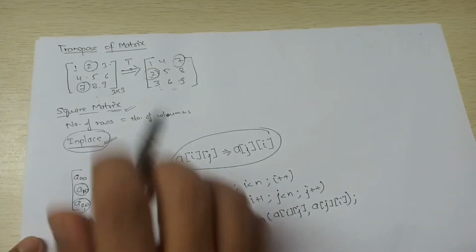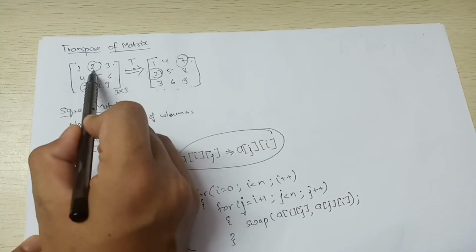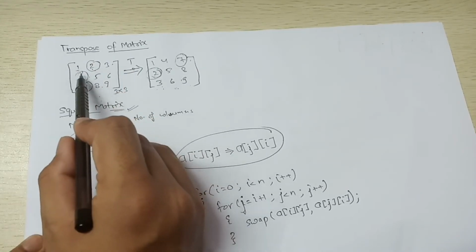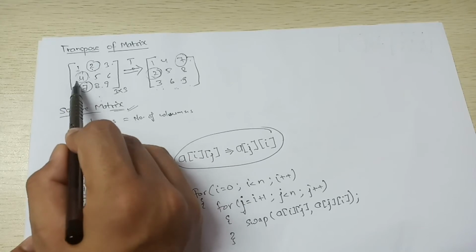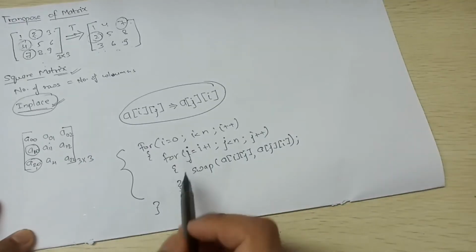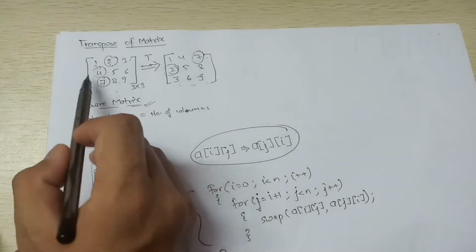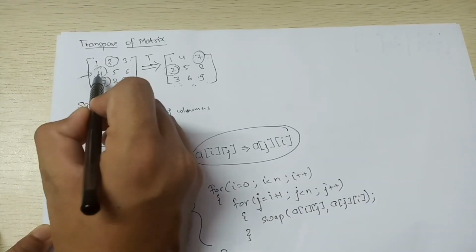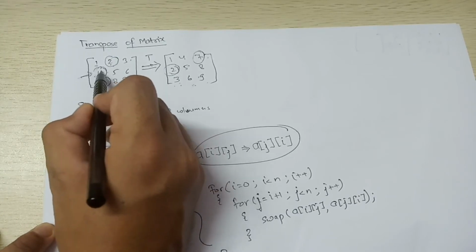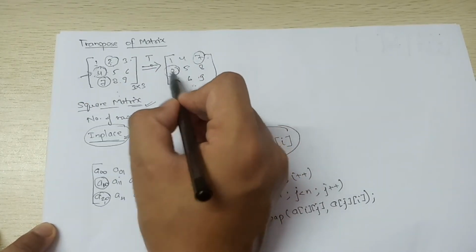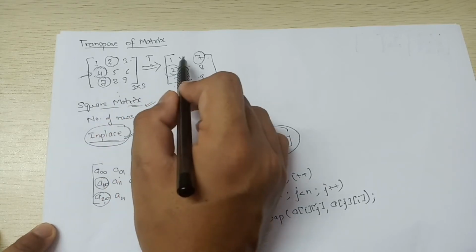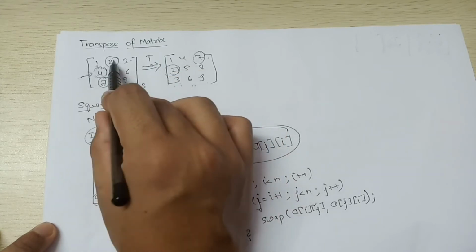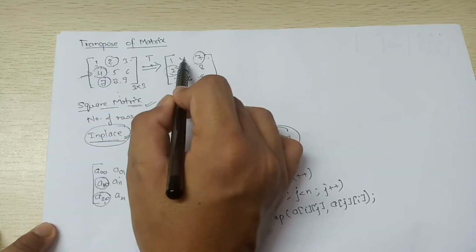So the thing is, this element swaps with this element. Now if the control comes back to this element, suppose if j starts with 0 only, then at some point of time the control will come to this element also. And because we have already swapped it, we do not want to swap it again. Once we swap 2 with 4, it becomes 4 2.